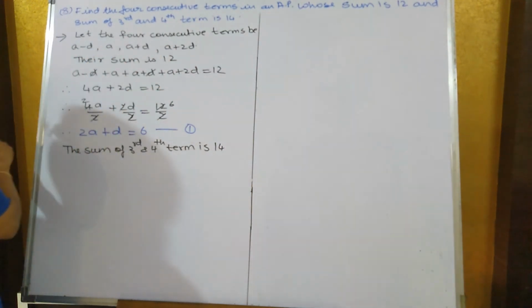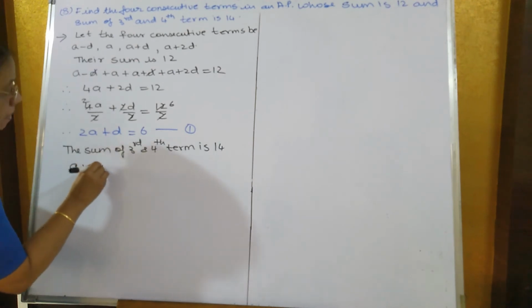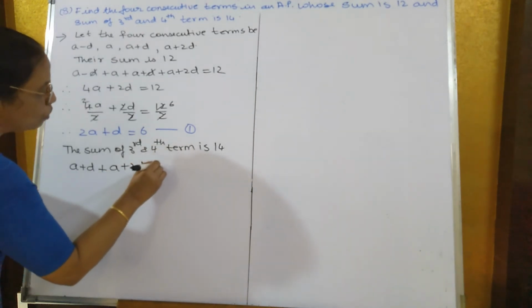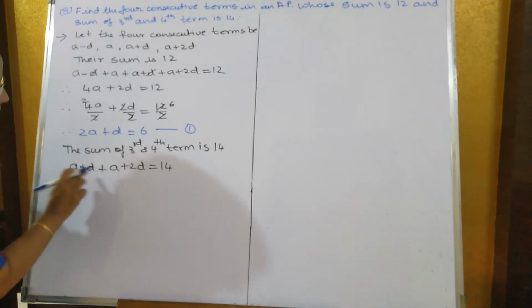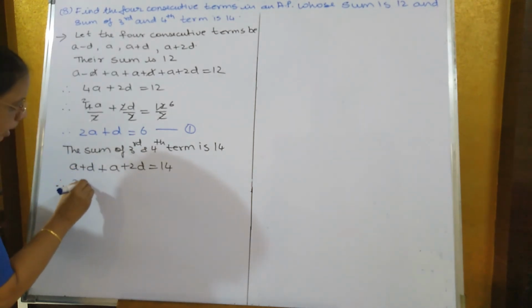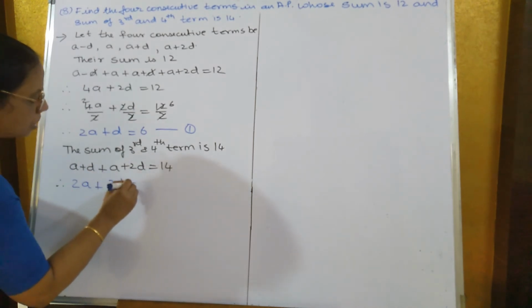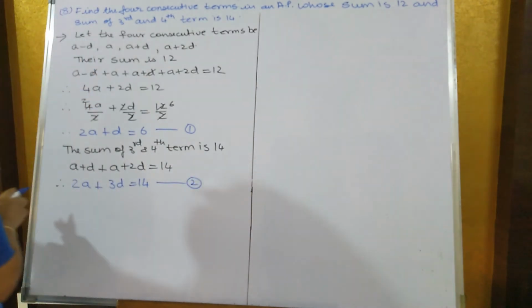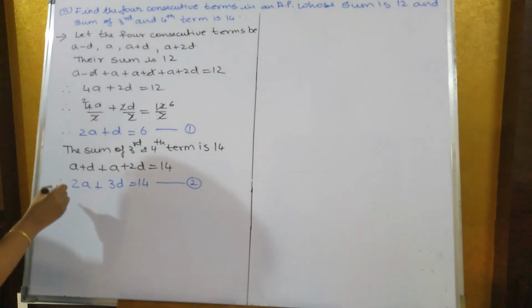So we will take the third and fourth terms, that is a plus d plus a plus 2d is equal to 14. Therefore, what you will get: a and a together become 2a, plus 2d plus d is 3d, is equal to 14. Let us take this as equation 2. Now if you compare, both have 2a with the same signs, so you will subtract